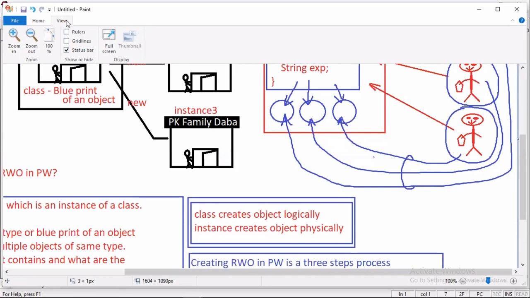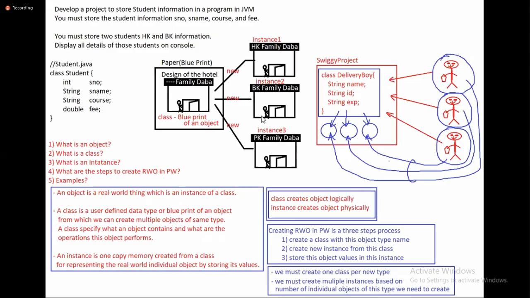You go and develop any example. This is fixed. Take a screenshot. And I am showing you the development of student, and you have to understand by yourself. This home you have to develop, Swiggy you have to develop.